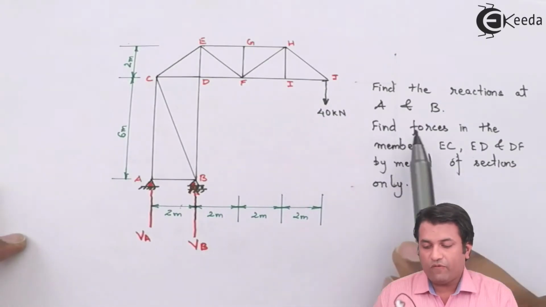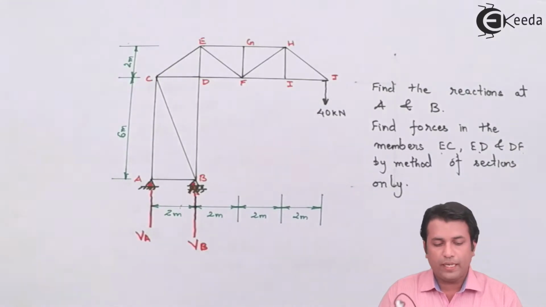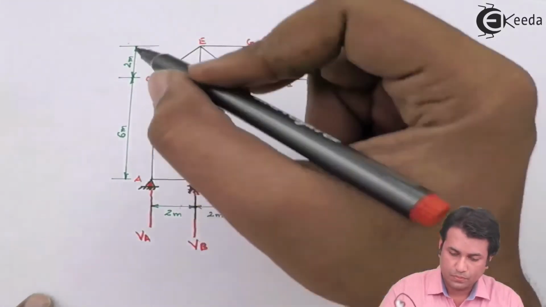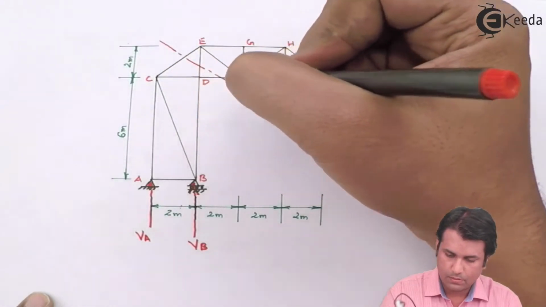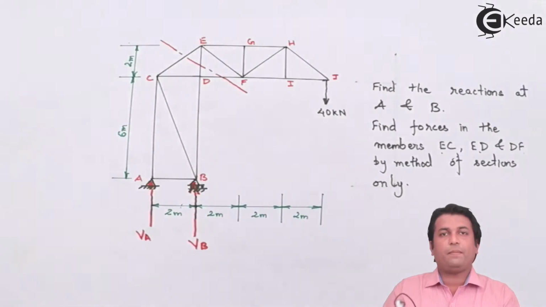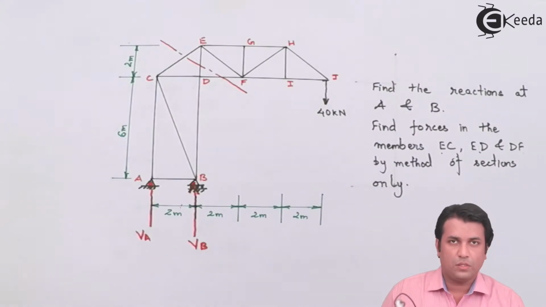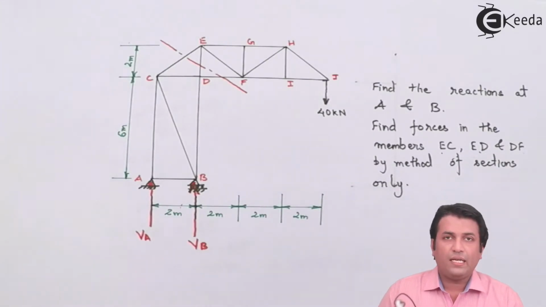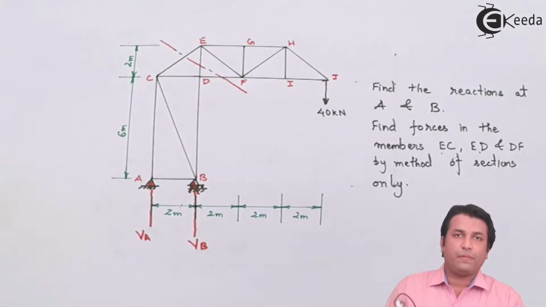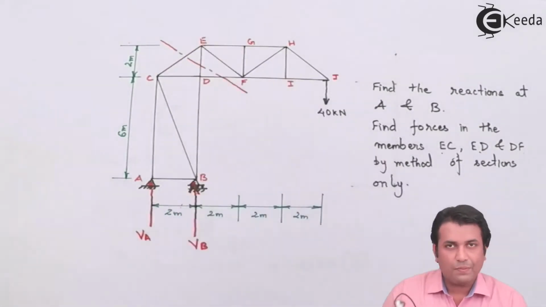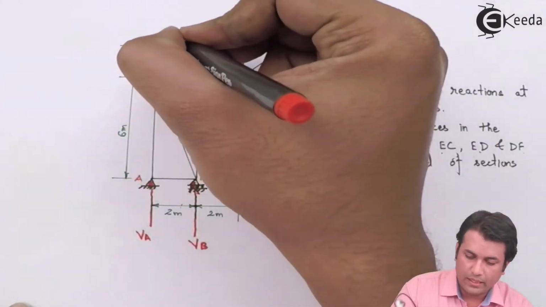Now the next step is to find out the forces in the members EC, ED and DF. For that, what I will be doing is I'll take a section like this. So in this way, I'm dividing the truss into two, that is one. Secondly, I'm cutting three members, three unknown forces. I'll try to cut the truss in such a way that I'm not cutting more than three members. Okay, so in this case I'm cutting three members, and that is the required case for me also. So I'll just mark this cutting plane as